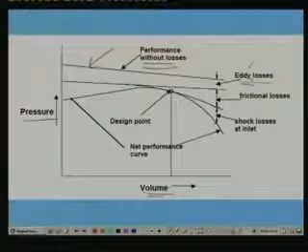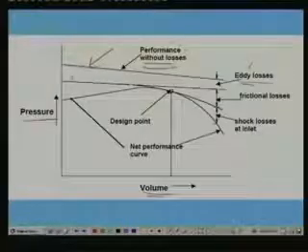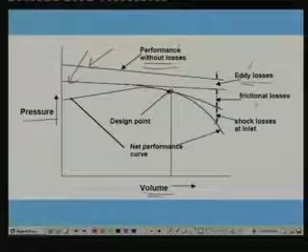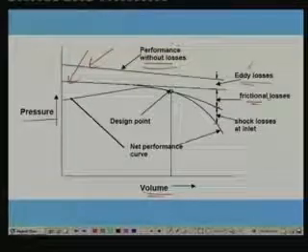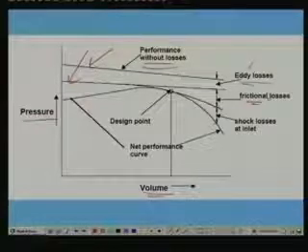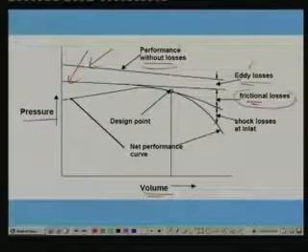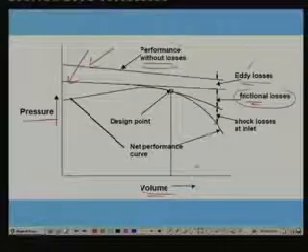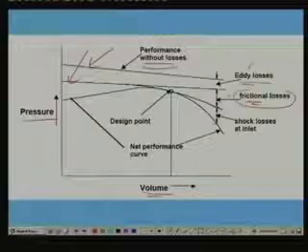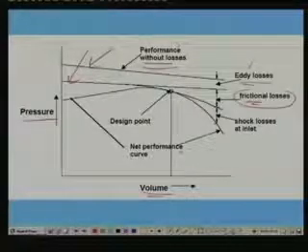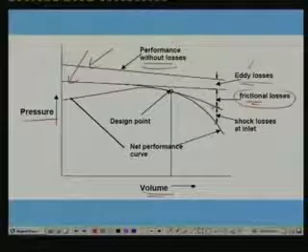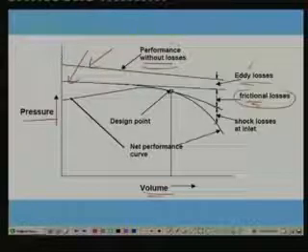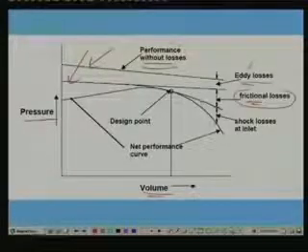So, when you include this eddy loss, the head reduces. So this is the curve which includes the eddy losses. The next loss to be considered is the frictional loss. Frictional losses do not vary linearly, but they vary as a power of volume or as a power of velocity. So, you can see that as the volumetric flow rate is increasing, the frictional pressure losses are increasing. So, when you include eddy loss as well as frictional loss, you find that the head developed or the pressure